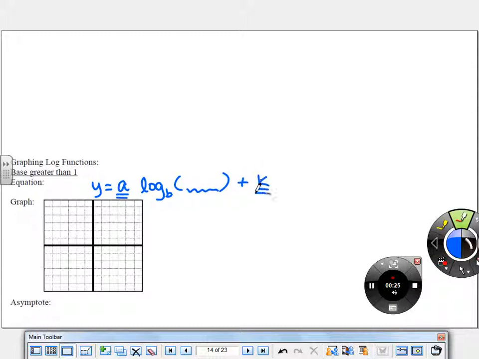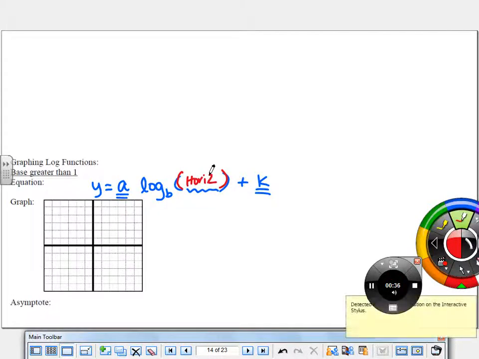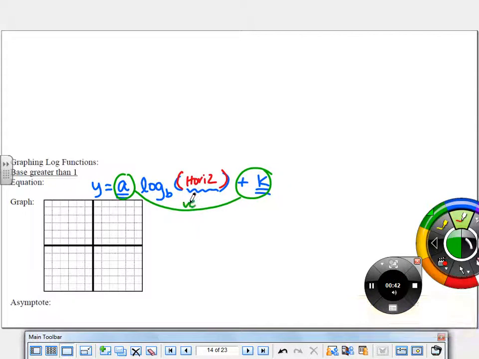Then you're going to have all the stuff that's happening in here, and then you can have other stuff being added out here. So just like before, the stuff inside of the equation, inside this set of parentheses here, is going to be our horizontal stuff. And the stuff outside here and here is going to cause our vertical changes for our graph. Okay. So when we look at this, first we just want to understand what